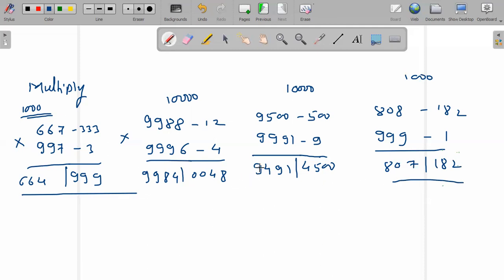Any doubt in this method? Actually there are some cases that we are going to take again ahead. But up to this point, is it clear to all of you? Yes, sir. Okay, so the next thing is, actually here either all the numbers are below the base or above the base. I think I should take one more example. Let's have one more example: 100,200 and 100,20. What will be the answer for this?